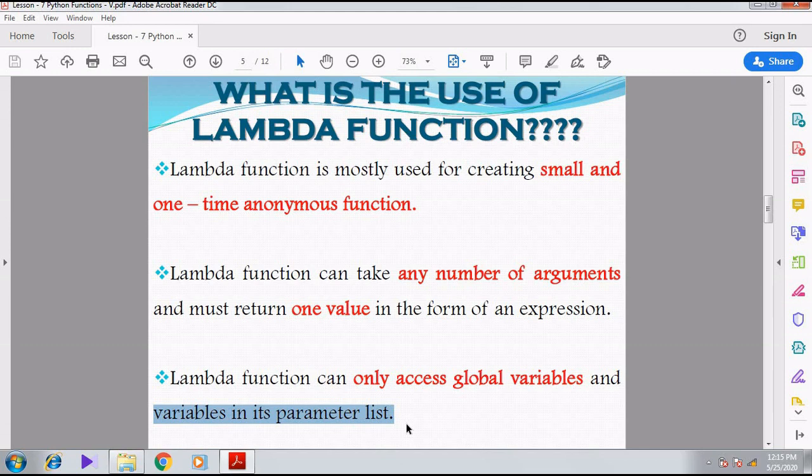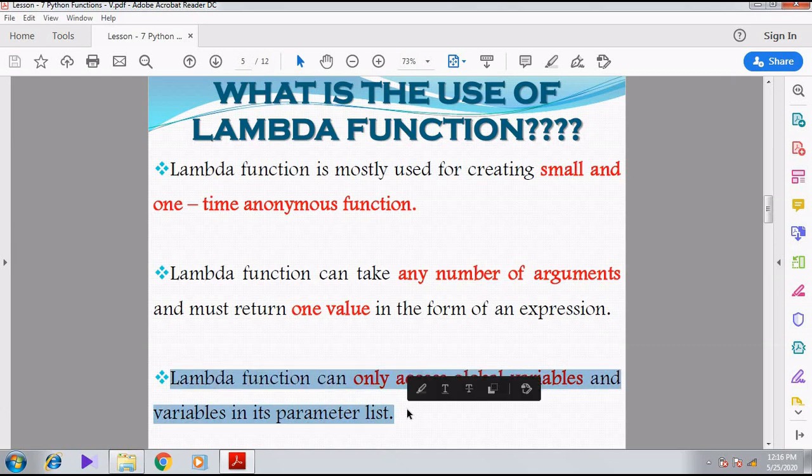The variables which are not in the parameter list are not accessible. So in simple words, the usage again: lambda function is used for creating small programs and for one-time anonymous functions. Lambda function can take any number of arguments, but it can return only one value. Lambda function can access only global variables and the variables used inside the parameter list. Other variables, such as local variables, are not accessible.